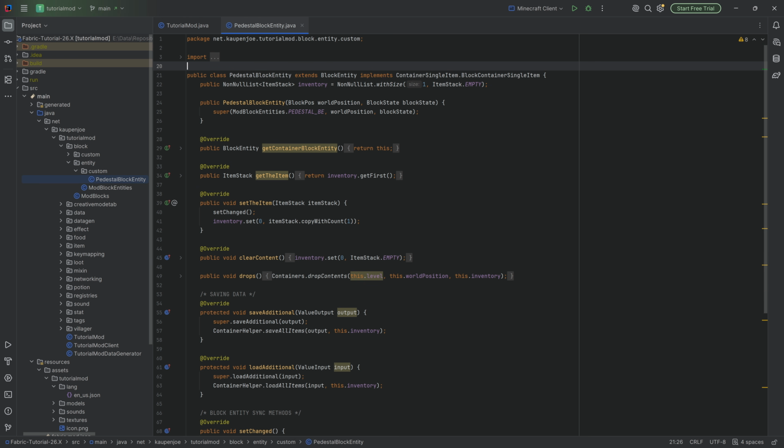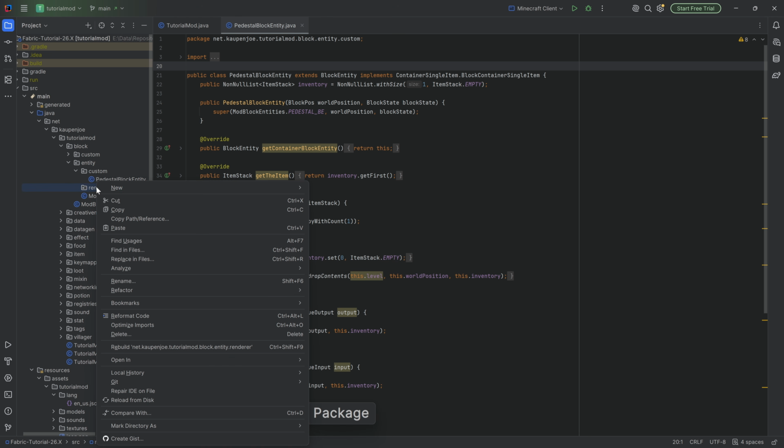Quite important that we have this because, without visuals, it gets kind of boring, I'm gonna be honest, and we've seen this in the last tutorial, of course. If you haven't watched that, I highly recommend you do. Otherwise, if you have your own block entity and you want to follow along, you can, of course, also do that. For this, in the entity package, we're gonna make a new package called renderer, and right there, we're gonna